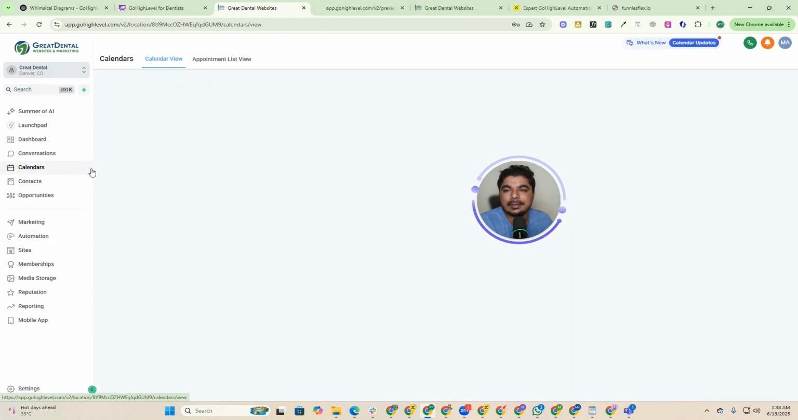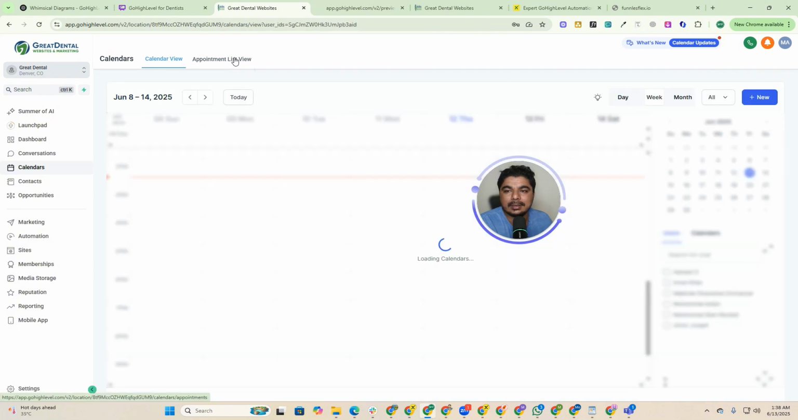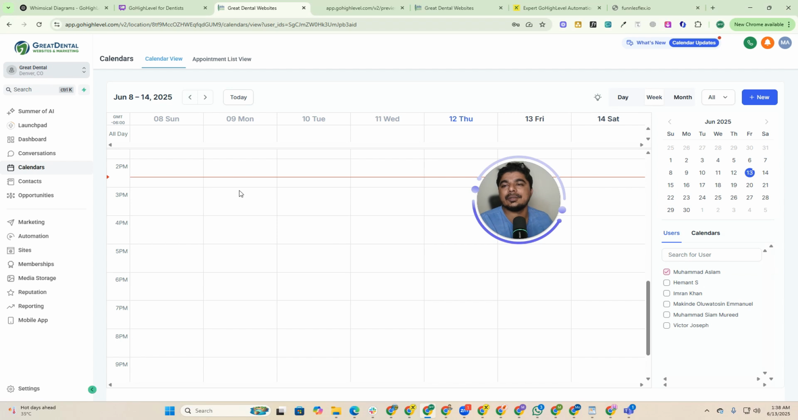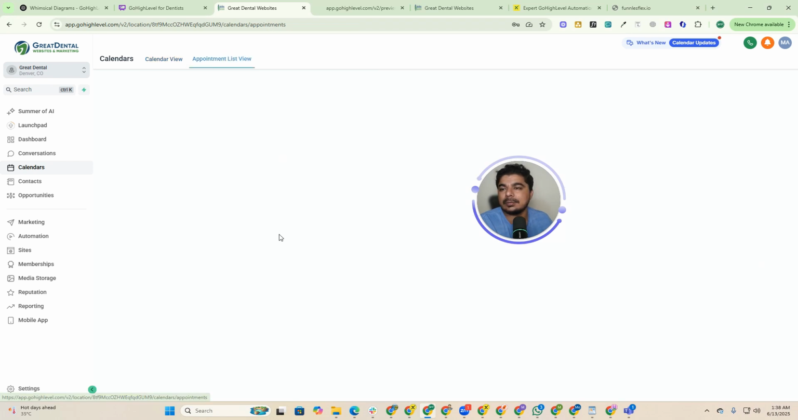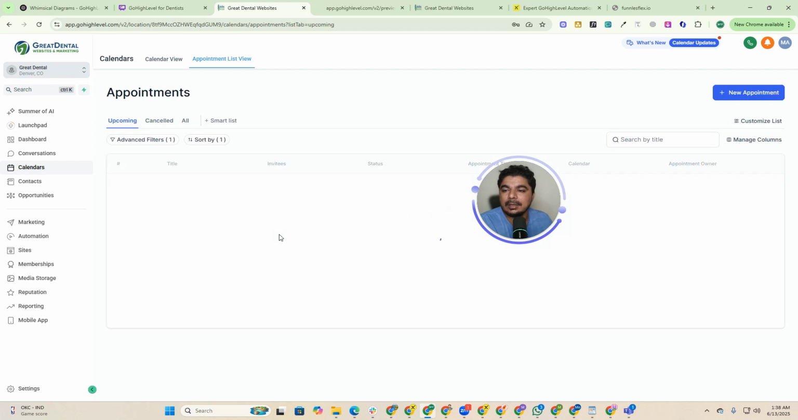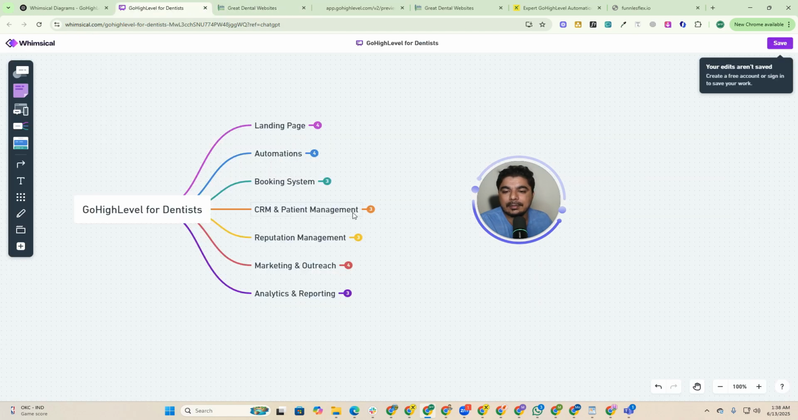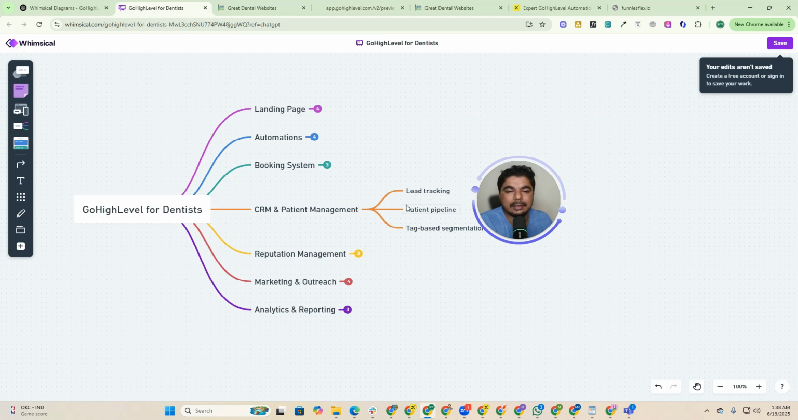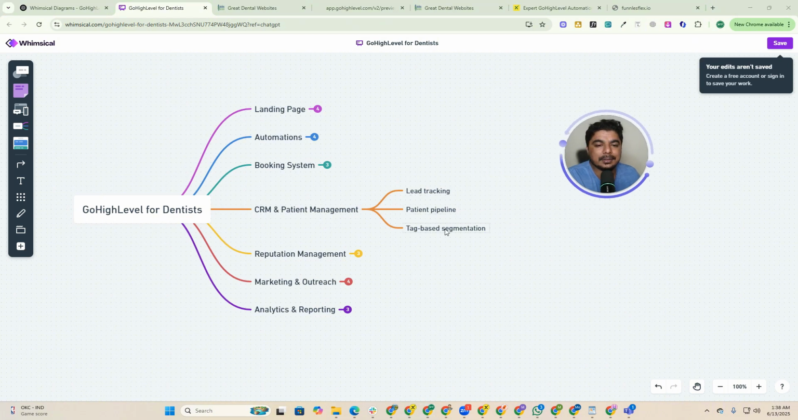And here are our calendars, where you can manage all your appointments, the list of appointments, and your calendar as well. It's super easy to handle, and I can show you some other calendars. We have thousands of calendars you can use for your other businesses. Right now there is no calendar, but you can simply create calendars. It's super easy. Let me go back, and we will learn about lead tracking, patient pipeline,